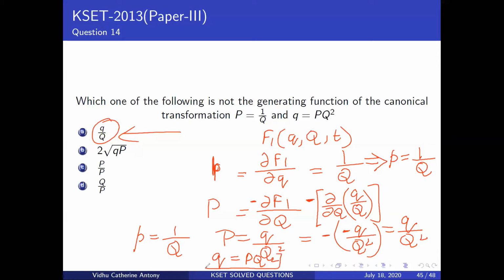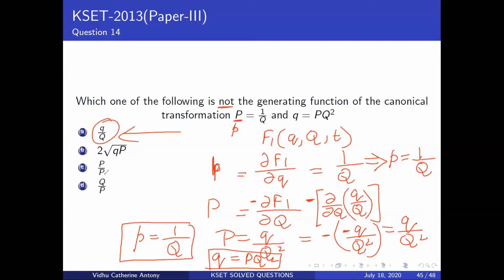Okay, so this is what I'm supposed to have here, but this was a question with a wrong answer. The answer key said the answer was wrong. One, because they said which is not the generating function. Two, they've said that this is supposed to be actually a little p, not a big P.